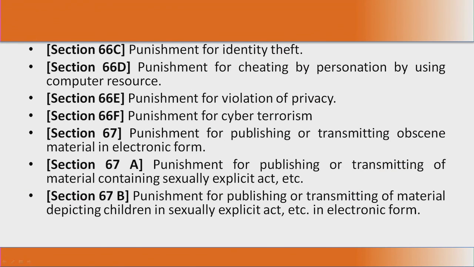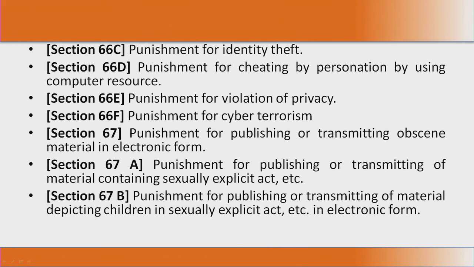67 is punishment for publishing or transmitting obscene material in electronic form. So, we see that you say your organization has a firewall, it blocks uploading and downloading of files, but why? It is not only for the organization's information storage requirements and information security requirements, but also to comply with the law. You can't have somebody upload or download obscene photos from the internet or to the internet.